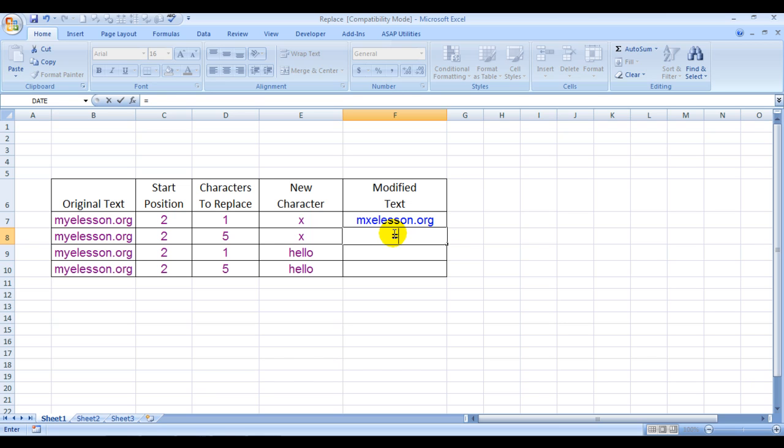Okay, I'll show you another example. Is equal to replace, original text, comma, start number again, we'll keep it 2. This time I'll type in 2 over here. And number of characters which I want to replace, I would like to replace 5 characters, which would be YELES. So I'll again type 5 over here, and I would like to replace it by X. So again, I'll hard code the formula, which is not a very good thing, because the formula should always be relative, so that whenever you change this, the formula automatically changes. So, see, myelesson.org has become mexon.org.